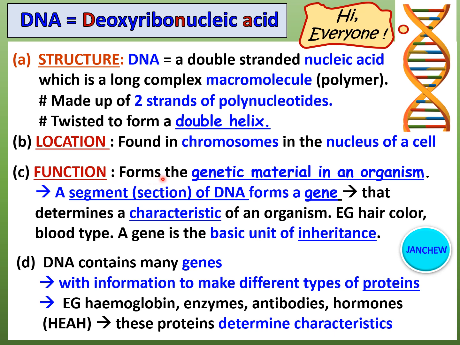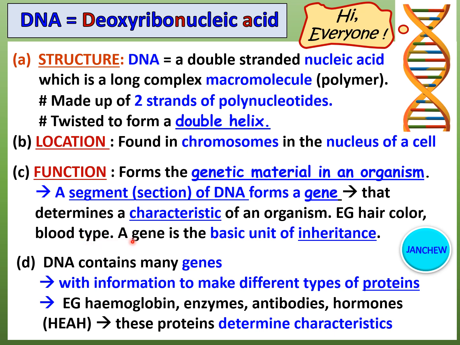Let's go on to the function. The DNA forms the genetic material in an organism. A long DNA molecule actually has many segments or sections that form the genes. A segment or section of DNA forms a gene. A gene determines a characteristic of an organism such as hair color and blood type. So we have genes for hair color, genes for blood type, genes for height,